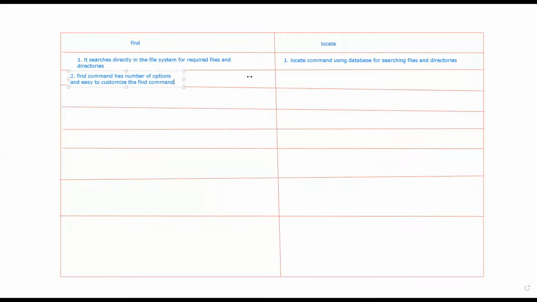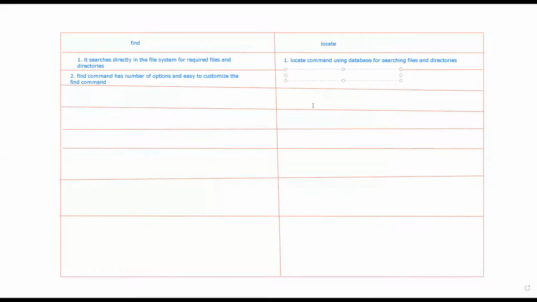So this is the second difference. Means what? It has n number of options, right? And you can customize those, and you can easily use that. So the find is one of the powerful commands, if you compare.